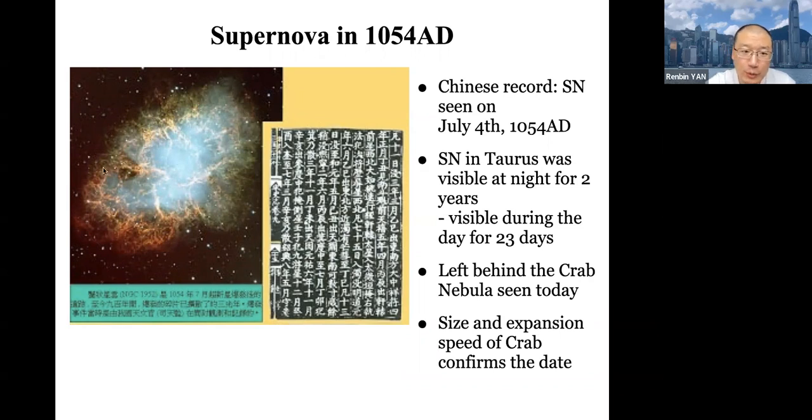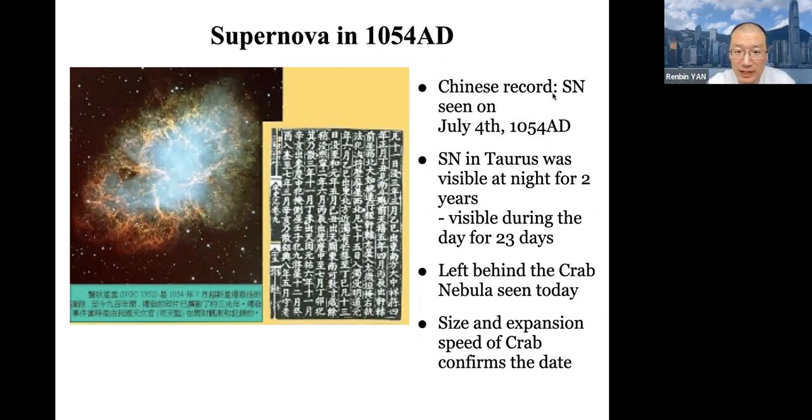And we now know this nebula is still expanding with some velocity. You can actually measure its expansion velocity using the Doppler effect, and you can also measure how big it is. If you use the distance divided by the velocity of the expansion, you can figure out how long ago the nebula exploded, right? And it exactly matches about 1,000 years ago, which matches the Chinese record of this supernova explosion.